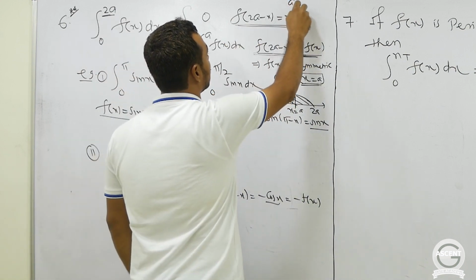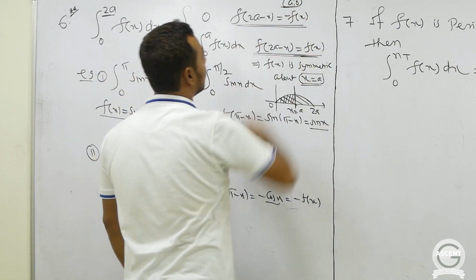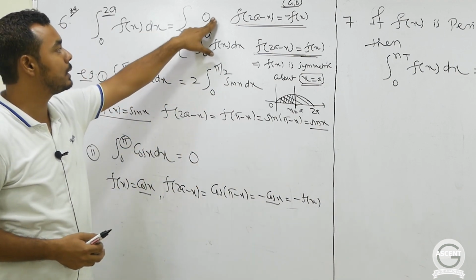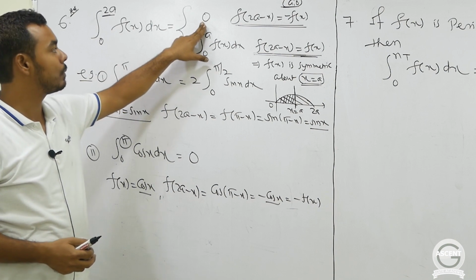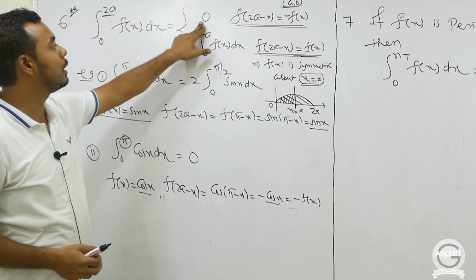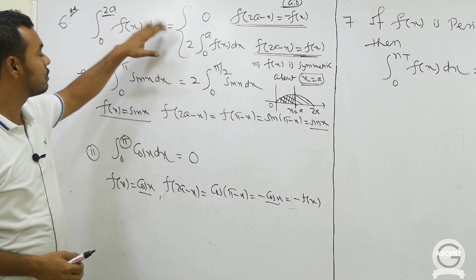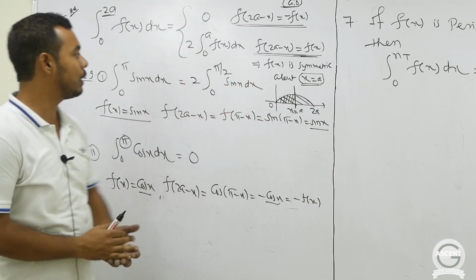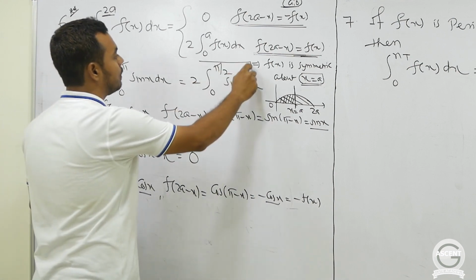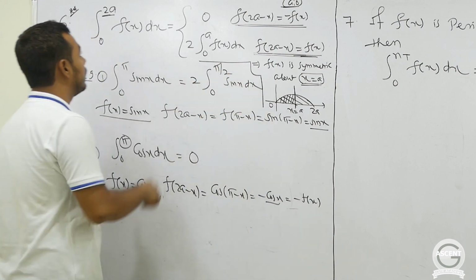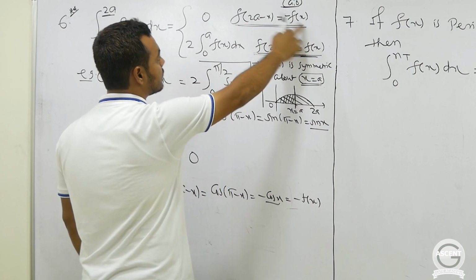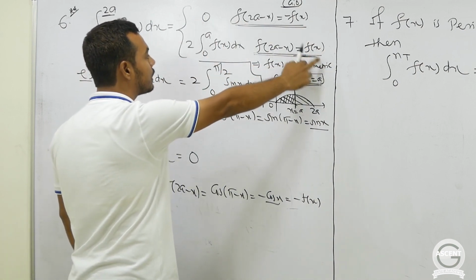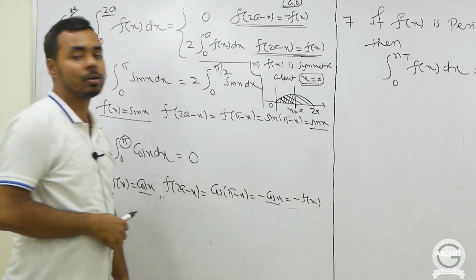And if the other condition is satisfied, this means the graph is symmetric about this point (a, 0). In that case the area above the x-axis and below the x-axis will be the same, and you will get 0, as we did in our fifth property. So this formula you have to remember ultimately. These are details which are not required for the GATE exam. Simply remember this formula: if f(2a - x) is -f(x), the integral will be 0. If f(2a - x) is f(x), then the integral will be 2 times the integral from 0 to a of f(x)